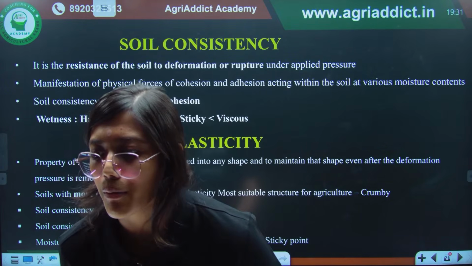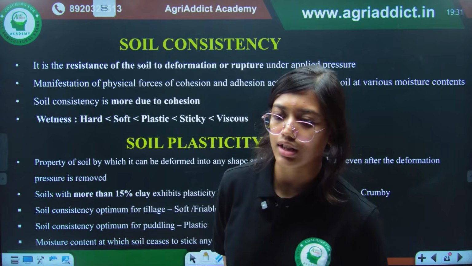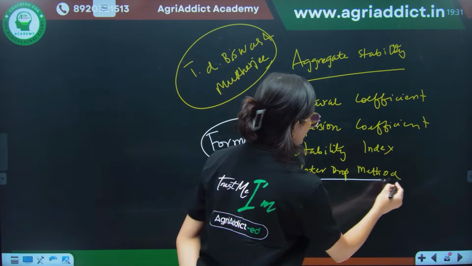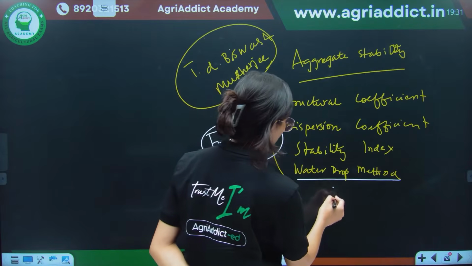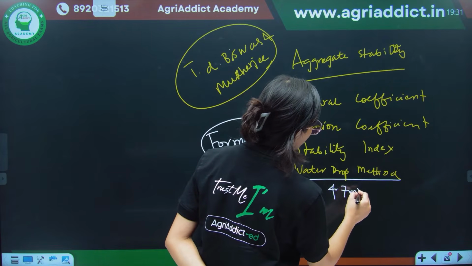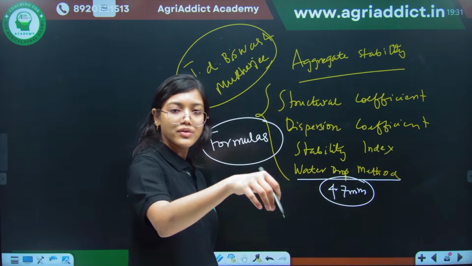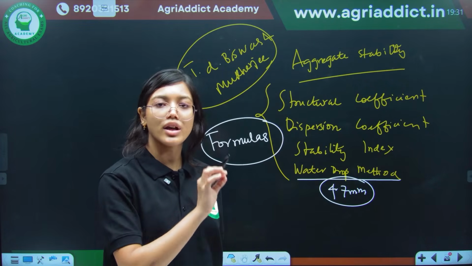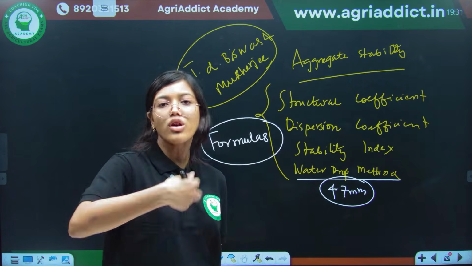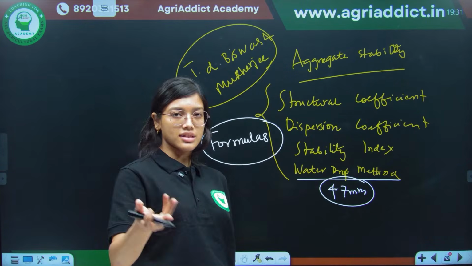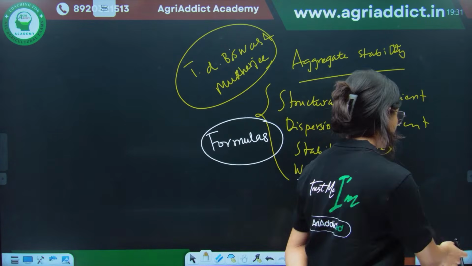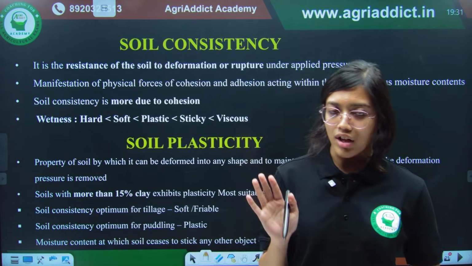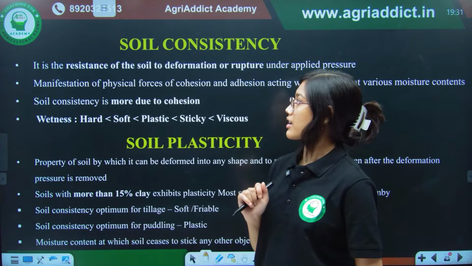Higher the water drop number, more stable the soil structure. Yes, because in the water drop method, we measure how many drops of water, dropped from a 4.7 millimeter height, are required to break a soil structure. So if more drops are required, obviously the stability of the soil will be more. Now, the importance of soil structure and texture, I think you are smart enough to know.